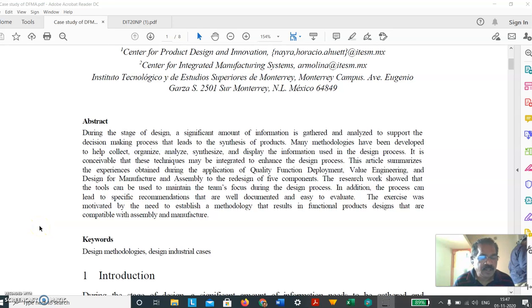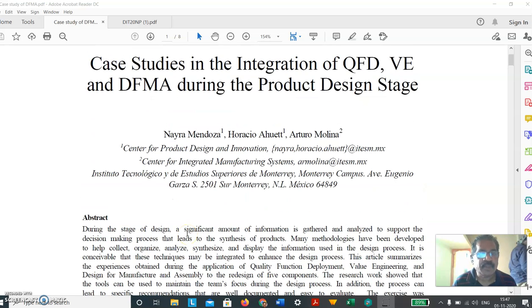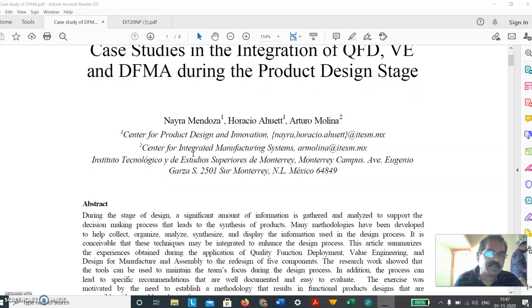Hello everyone. Today we will look at a small case study on the integration of quality function deployment, value engineering, and the design for manufacture and assembly. This we will try and do for the product design stage. This is actually a published paper, and we are trying to analyze the case